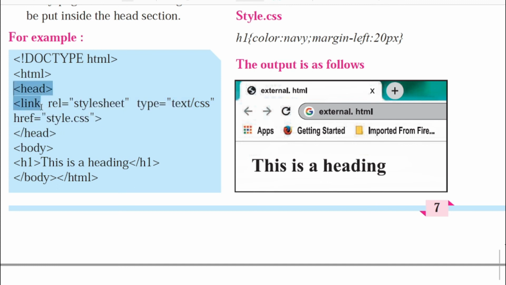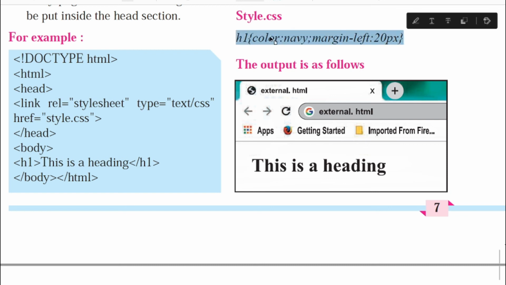So basically all this is done in the head section. Once this is done, we start with the body, we put the heading and close the heading. Once this is done, my dear students, we'll open a new notepad and write this coding here. H1 is our selector, and basically we are doing the same thing. Color navy, margin left 20 pixels. This is our style which we are applying.